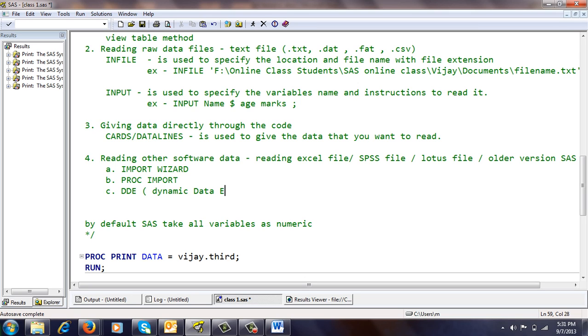Yeah, the .csv will work, but for .xls or .xlsx we have to go for this, because in Excel they maintain column widths or column positions for the values, so the values have a different format. This DDE method is used only for Excel.